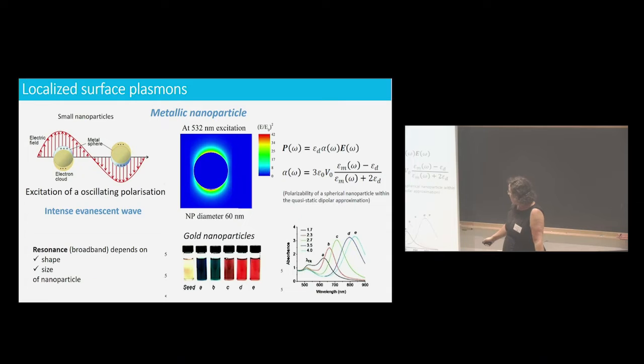Here is represented what you can observe, or you have already seen those kinds of images in other presentations. This is a solution of colloidal gold nanoparticles, and what is measured is the absorption. It is illuminated, you look at what is remaining to your eyes, or to your detector, and you see these colors. These colors are reminiscent of the size of the system, because of this relation. And you have here the absorption as a function of the size.